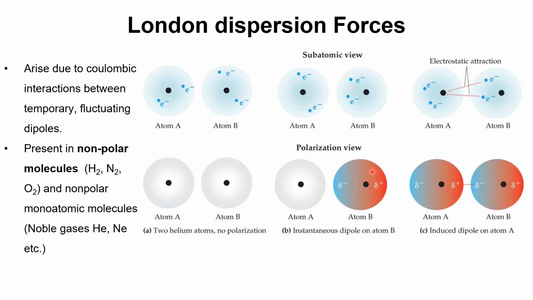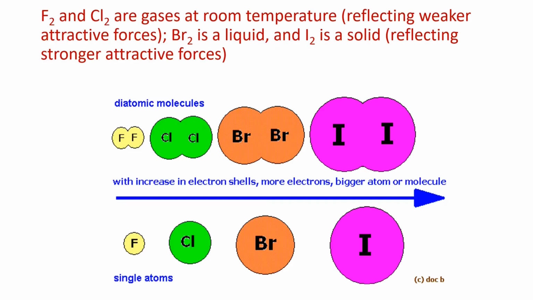Now further, what will happen is when there is a delta negative charge on this part of helium atom, due to this there will be a polarization of atom A. It means that this delta negative charge will induce delta positive charge on this part of atom A, and a delta negative charge will be induced in this part of atom A. There will be an electrostatic attraction between these electrons and the nucleus of atom A. Electrostatic attraction is basically the London dispersion forces.